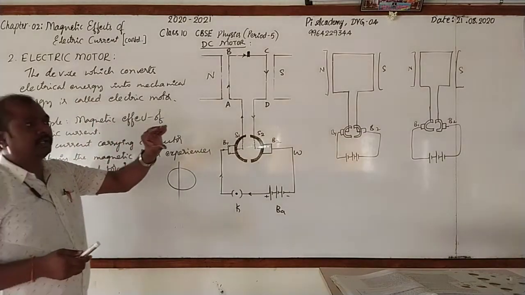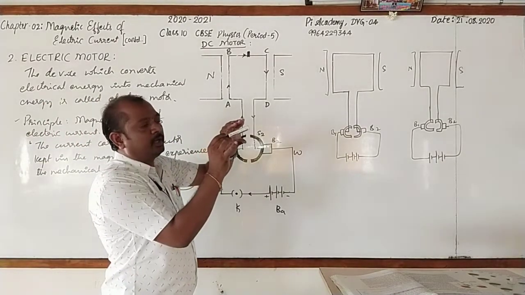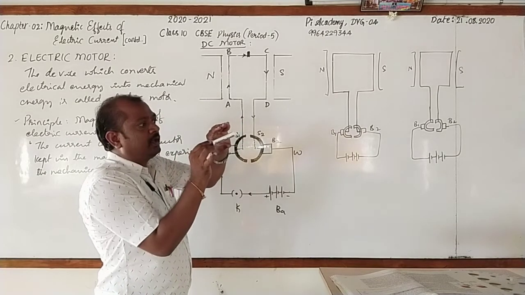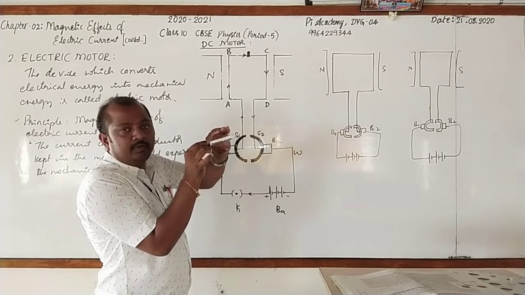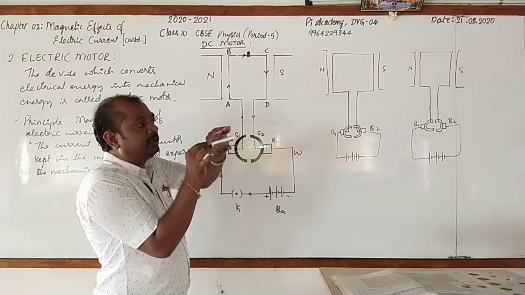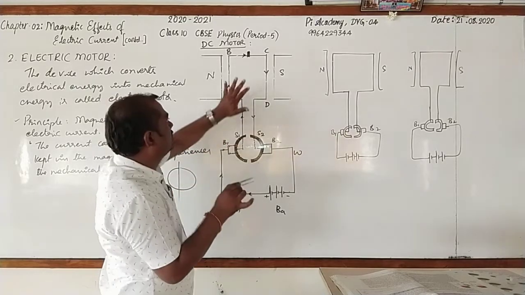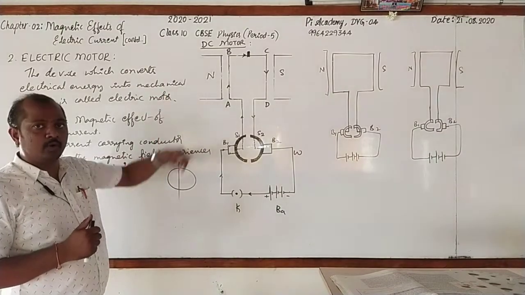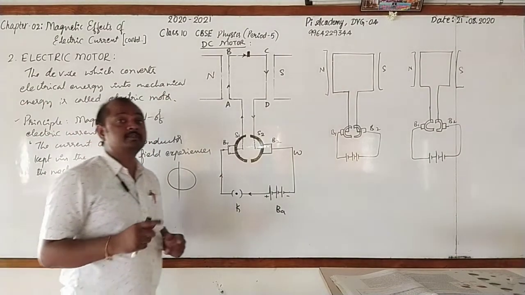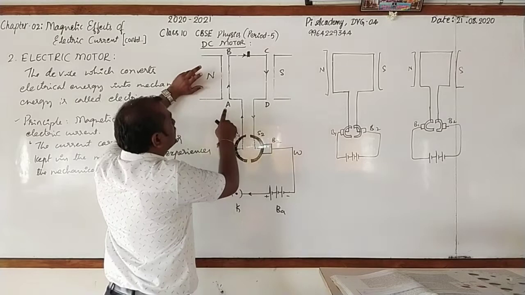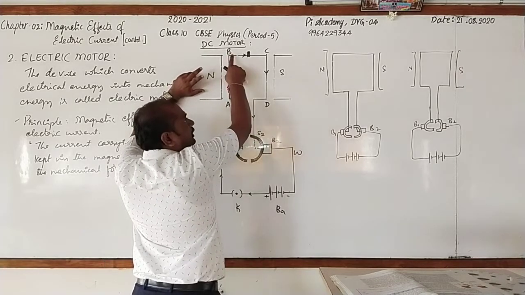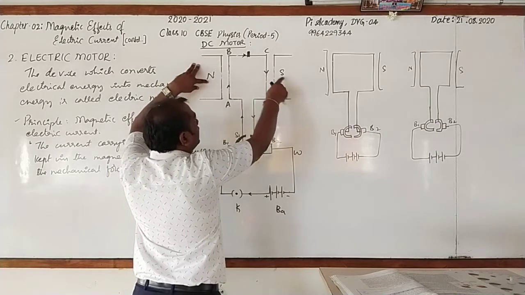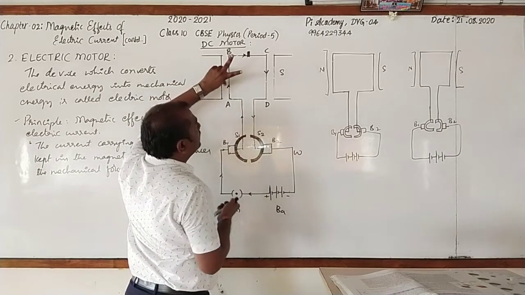Remember that we had taken the horseshoe magnet and the aluminum rod. When the current flows through the aluminum rod, it acts as a magnet, and when this magnet is kept under the influence of the magnetic field of the horseshoe magnet, it experiences the mechanical force. Here also. Then the direction of mechanical force acting can be known by using Fleming's left hand rule. Observe it. Now the current is flowing from A to B first, and the lines of force will spread from north to south according to Fleming's left hand rule.